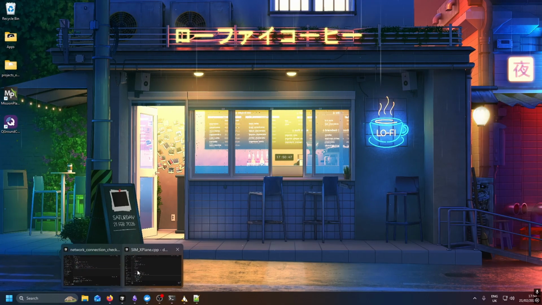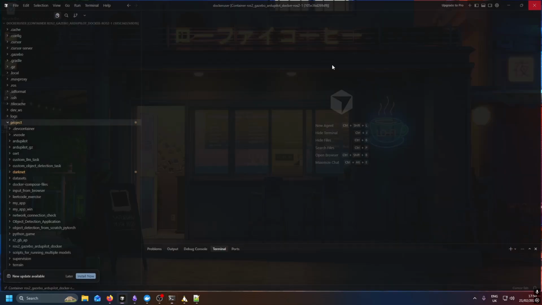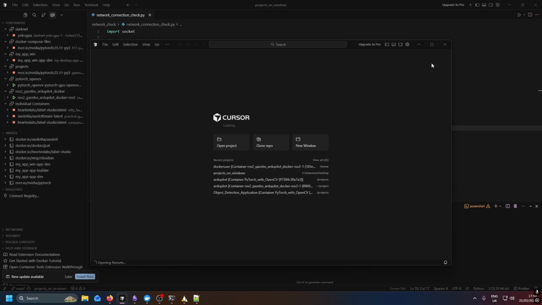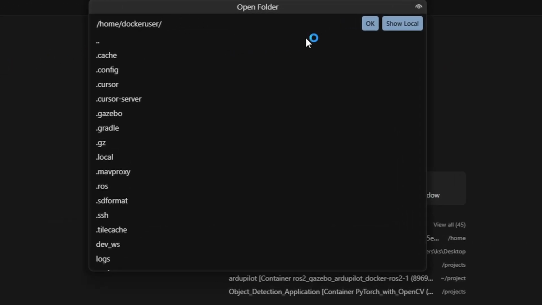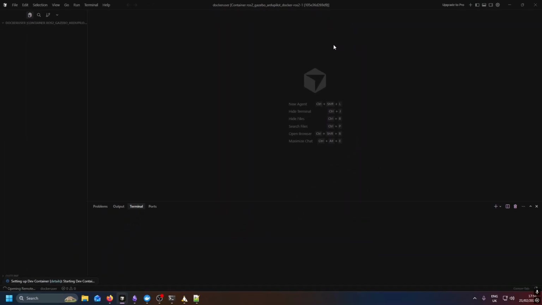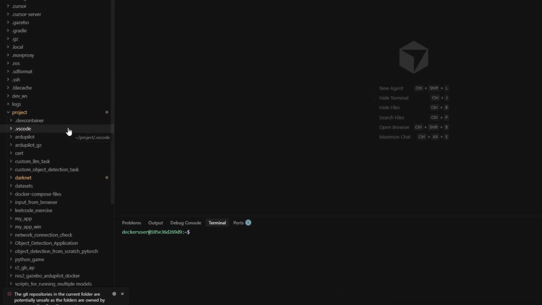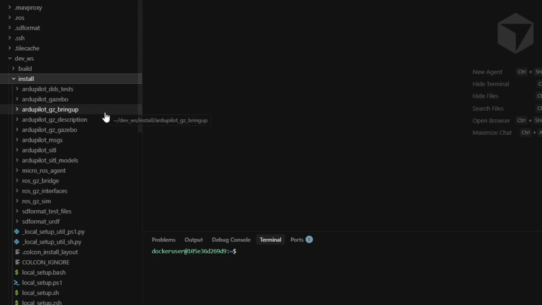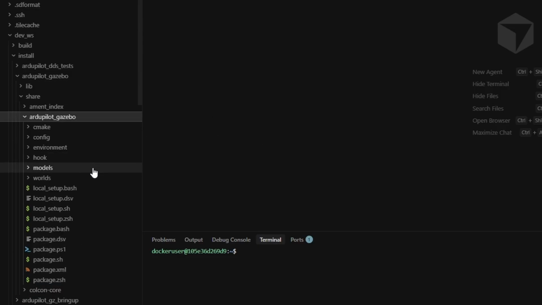Next we'll go back to the Docker container first. Close that just to make sure I start from the start. We right click in the Gazebo one, we attach to it. I'm using Cursor, of course, probably called VS Code. Open folder, go to home, go to Docker user. Open that up. Okay, nice. And then we want to go to dev, go to install, go to rgpilot Gazebo, share, Gazebo models,